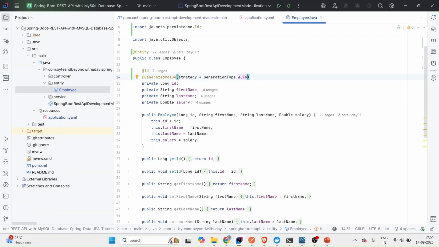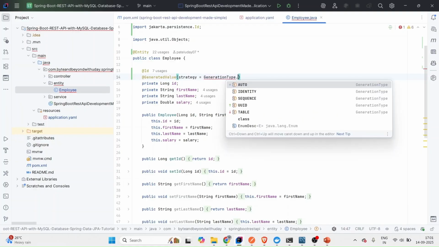In that case, we don't need to worry about what kind of primary key generation we are using. If we are using auto, Spring Data JPA will automatically figure out which type of strategy is best for PostgreSQL or Oracle or MySQL. So I don't need to worry about it. That's why I would recommend please use auto, until and unless you have some other agenda. Otherwise auto is